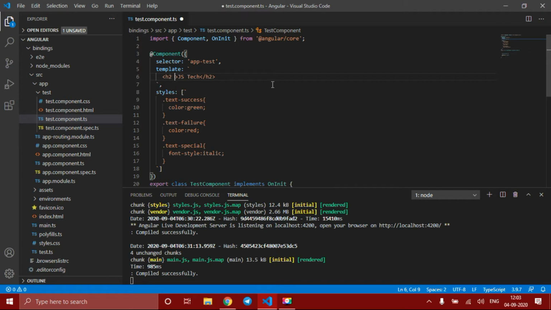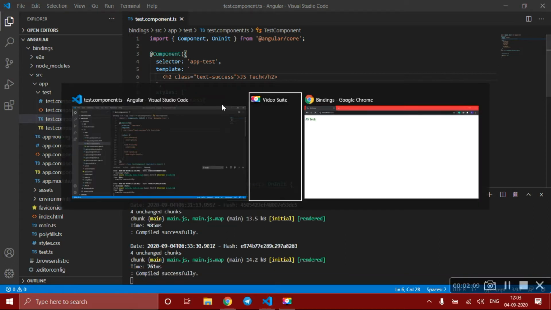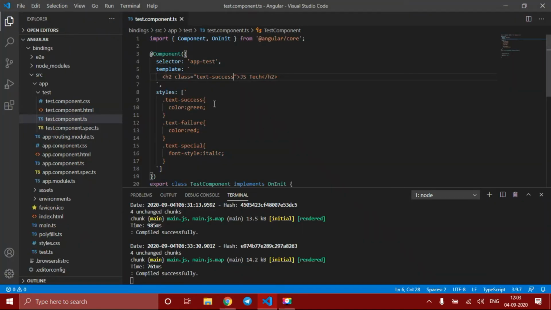To apply a class, the general method is class equal to the name of the class. If you save this and check the output, you can see this is in green color, meaning the success class is applied to this tag.